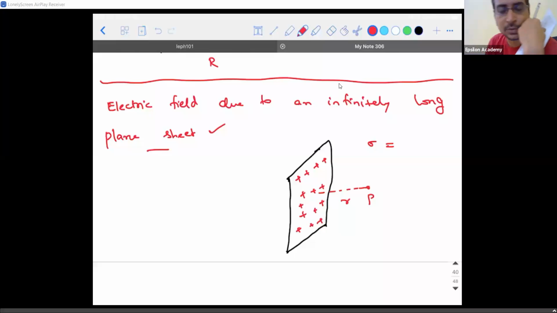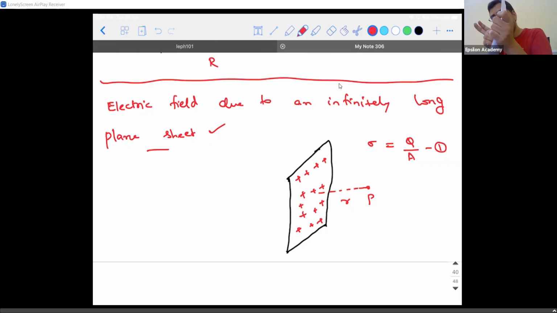Sigma. Area. Surface. So, sigma is equal to Q divided by A. Let this be the charge density that I am considering. Here I didn't define the area. When I say area, I am talking about the area of this rectangle, length into breadth. But I have not written it as length into breadth. That is the only difference. Now, for this surface,